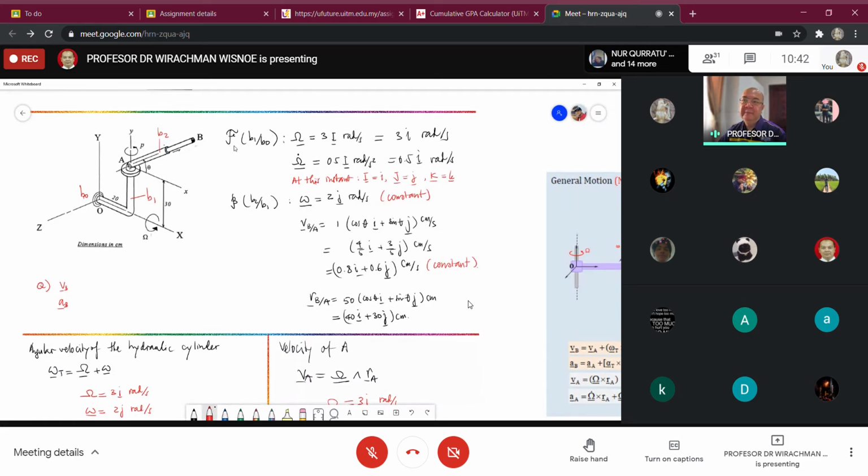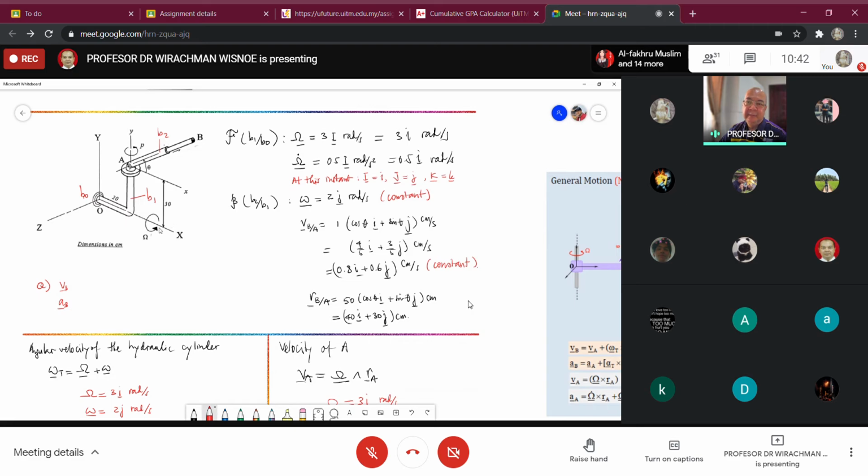So the fixed frame, which represents B1 with respect to B0, what do you have? That is the rotation here, capital omega. What is the direction in this case? X. X is represented by capital I. So I write 3I. 3 is given in the problem. No need to write this one first. Right up to here. And then according to the problem, there is